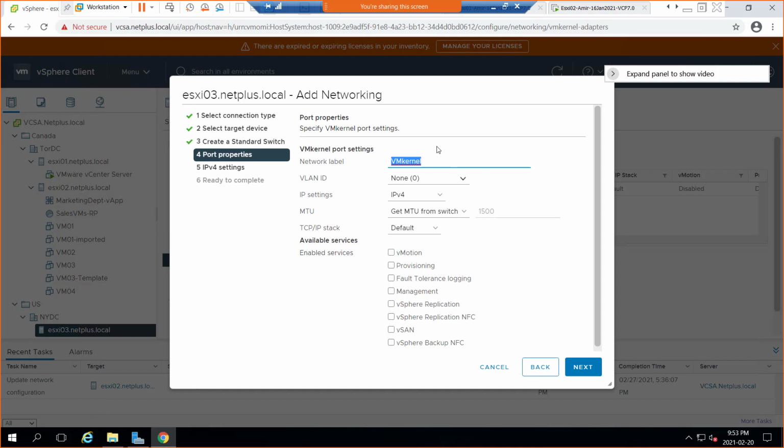Well, we can just give the same name, so Vmotion. Okay, and VLAN ID, no problem. IP settings, IPv4, MTU, no change. TCP/IP stack, yes, we're going to dedicate this one to Vmotion here, and now only Vmotion will work. Then click next,